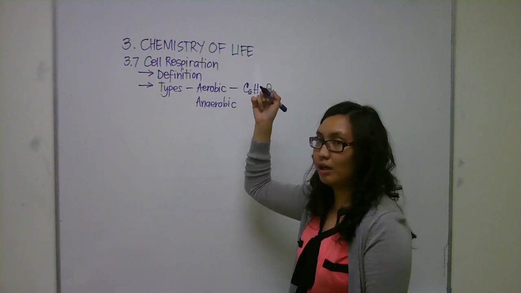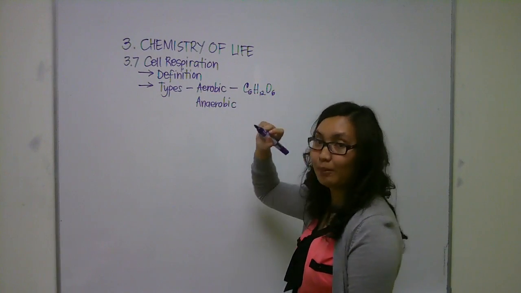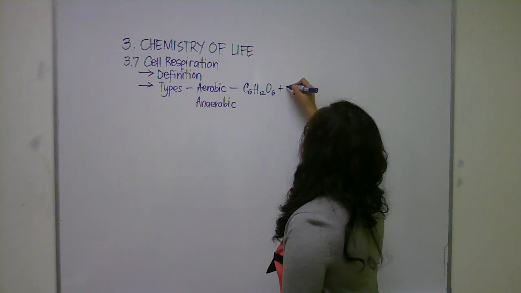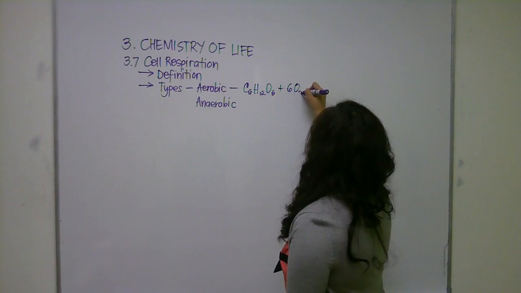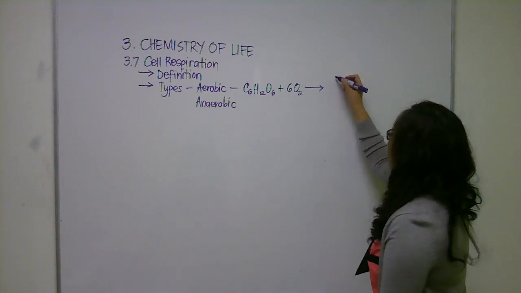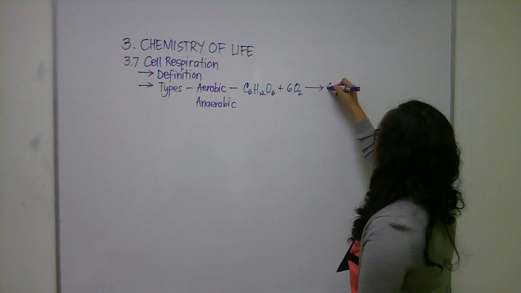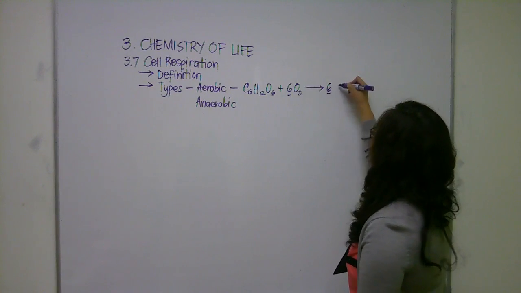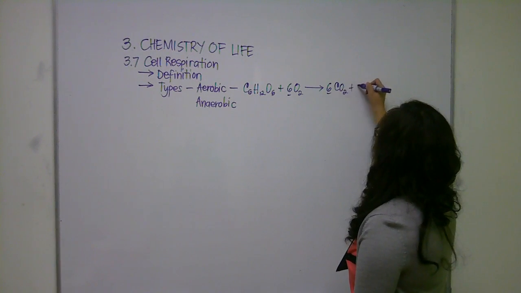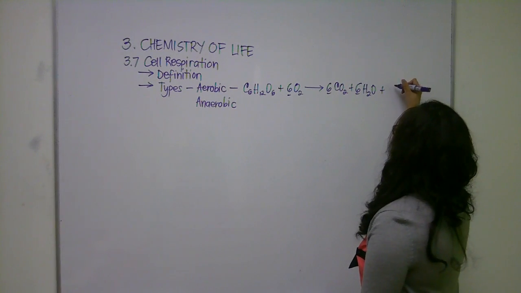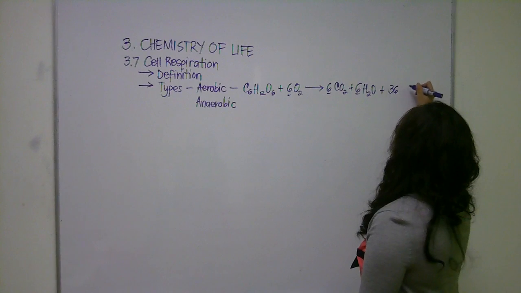Students need to write down the chemical equation for this: glucose added with oxygen produces 6 molecules of carbon dioxide, 6 molecules of water, and 36 molecules of